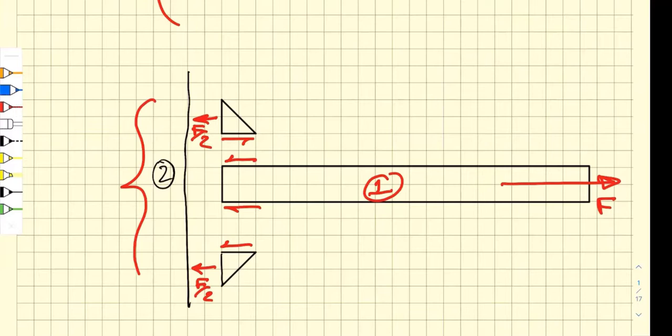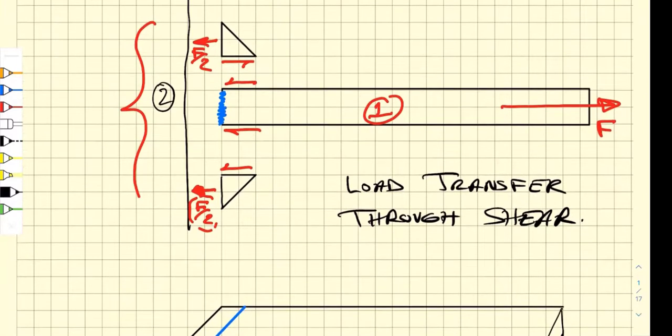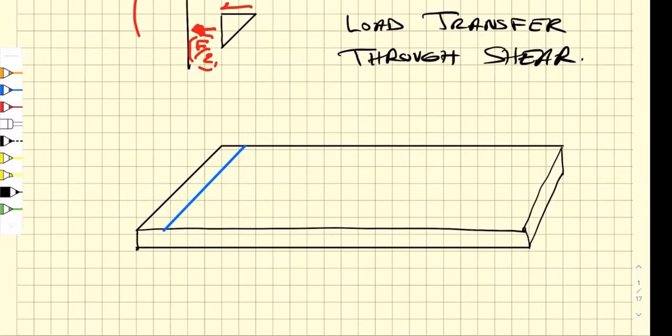It is important to note that this is a free surface right here. Load transfer is occurring through shear. Now, you might argue that there is a normal stress here of F over 2 acting on the fillet weld, but we all know that metals yield in shear, and so the shear stress is the most important aspect of any failure theory that we would put together for weldments, and that is in fact what we are going to do.